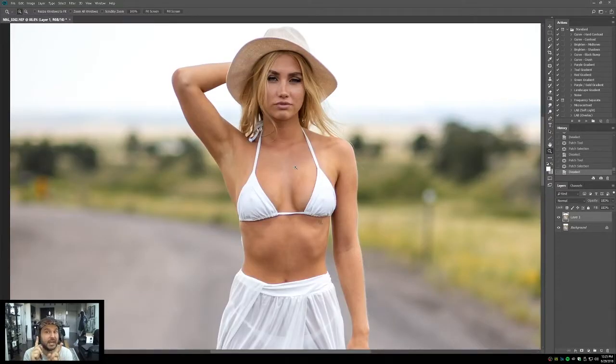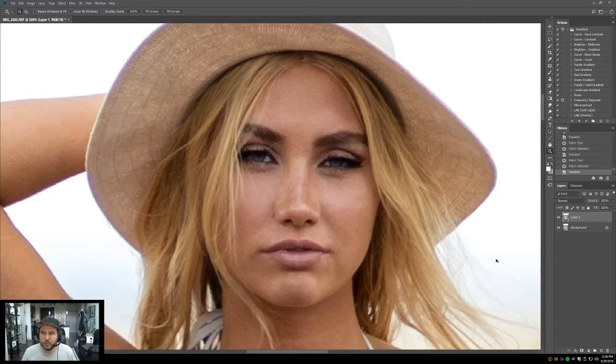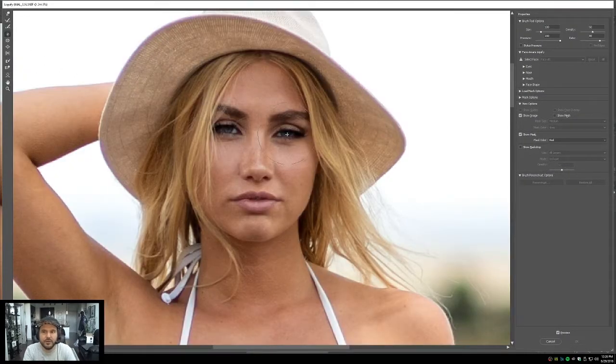So, clone stamp and patch tool often go together, and then healing brush or spot healing brush, whichever you prefer, also often go together. Could we talk about adjustments to making either the chin smaller or the forehead smaller? I would really avoid that stuff, because what you're dealing with is a pretty gnarly tool, which is the Liquify tool. So I just made a brand new layer, Alt Control Shift E. We can go in here to Filter and Liquify, and this is the tool where you can goof up all the different things and really have a grand old time making stuff silly,